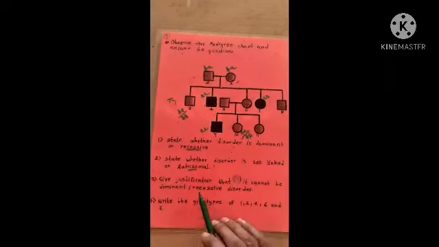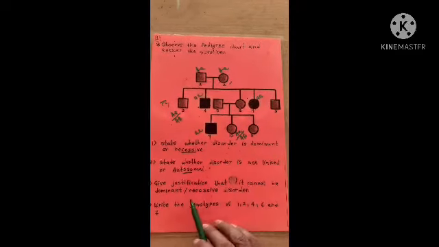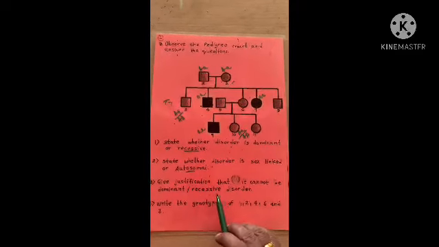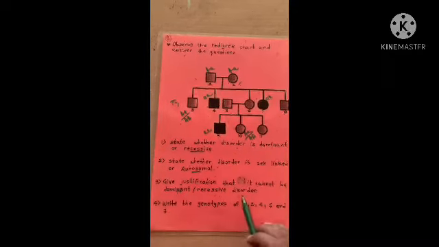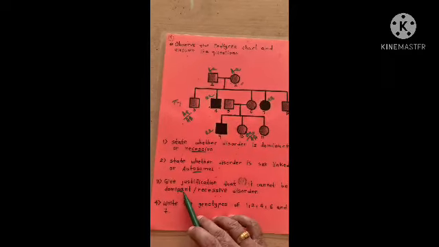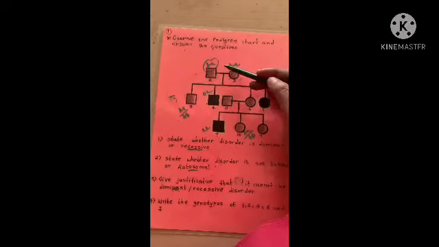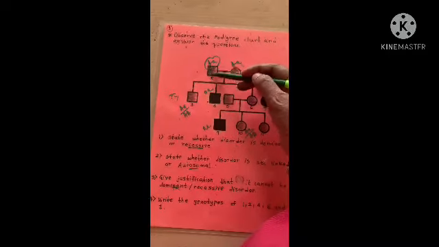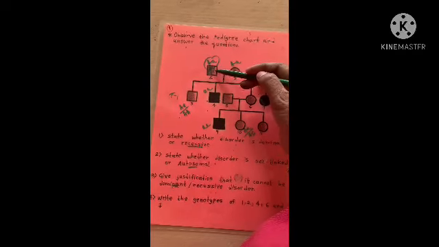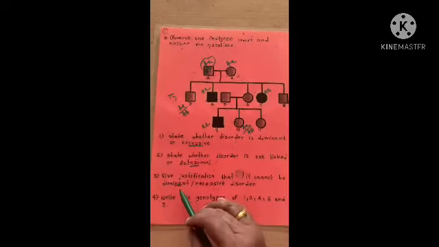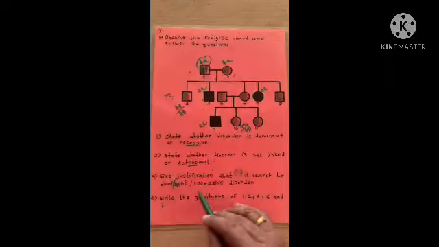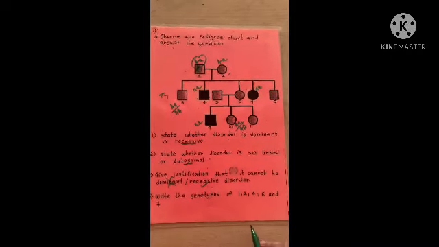Then the third one, give justification that it cannot be a dominant gene but a recessive gene. Now if we give the justification for this one, if it would have been the dominant gene, then over here the dominant gene expresses even in heterozygous condition. So this parent also should have been diseased, but that is not the condition. So what conclusion can be derived, that this is not a dominant condition. This is because of the recessive gene की वजह से.